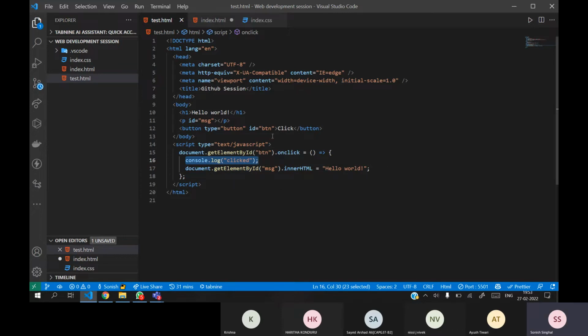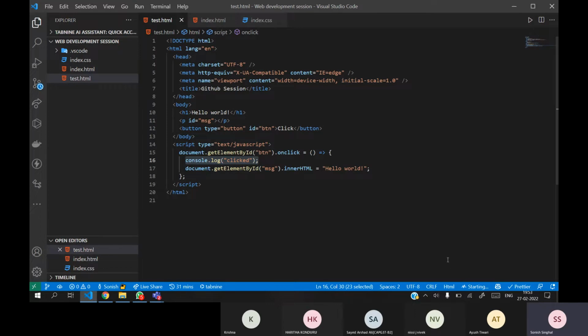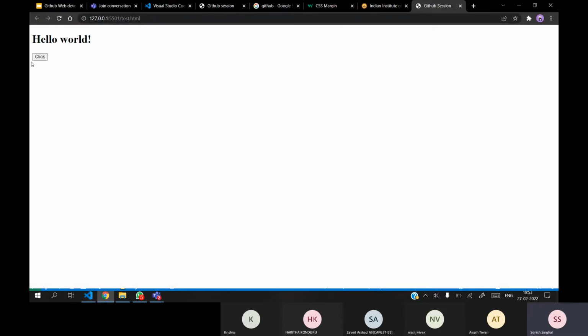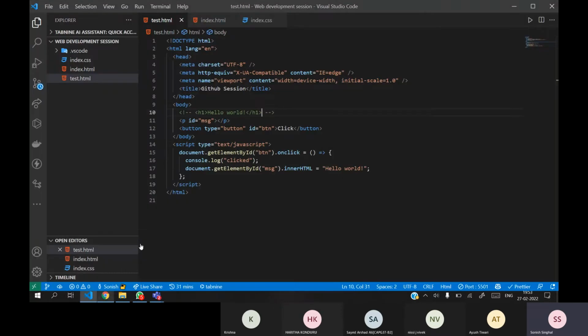First of all, let's stop that port, and start the port on this new server, so it would directly open. You can see that we have the h1 tag here. I will remove this, commenting this tag. So now we have nothing, but when we click the button, you can see the hello world here. So that is what JavaScript is doing. Using JavaScript, you can add complete functionality to your websites.